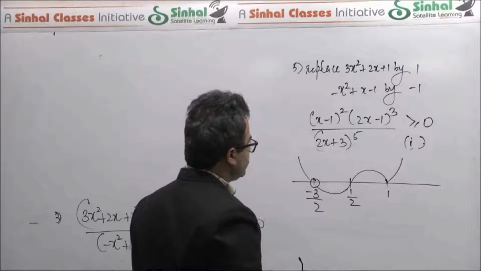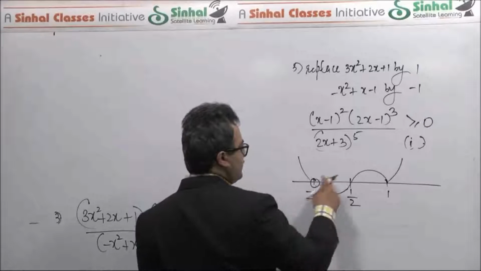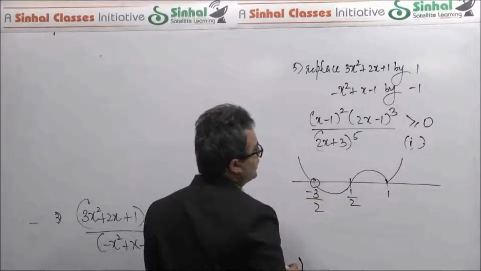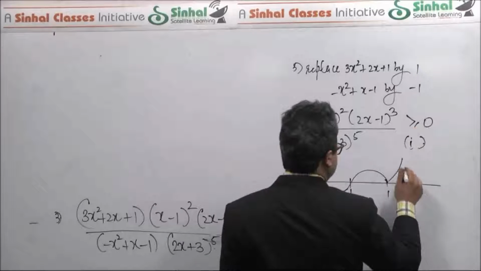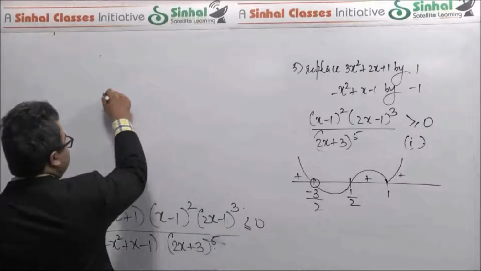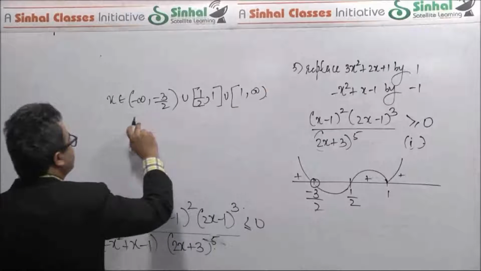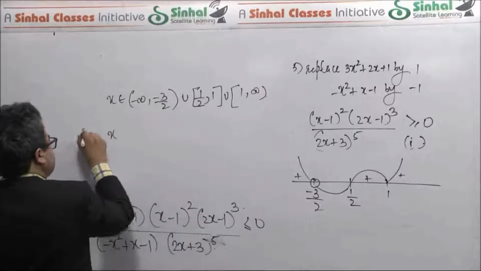Right, so at 1 it bounces back, it will cross at half and again cross at -3 by 2. You want the expression to be greater than or equal to 0. So the final answer should be, these two intervals can of course be combined. So my final answer is,